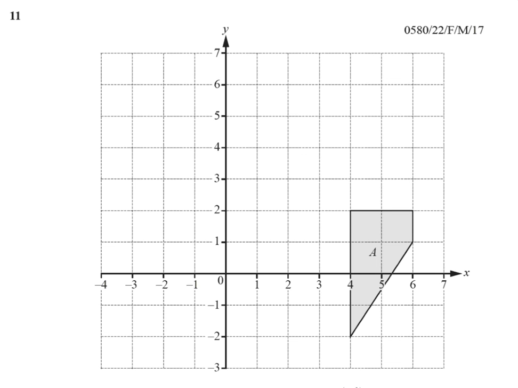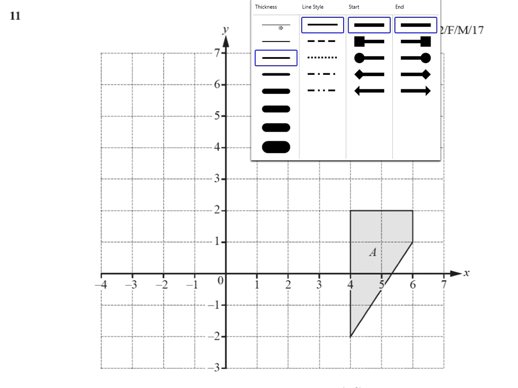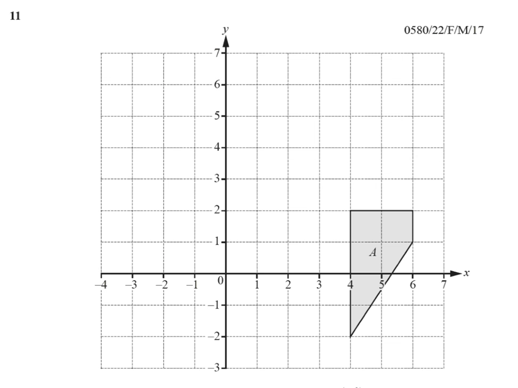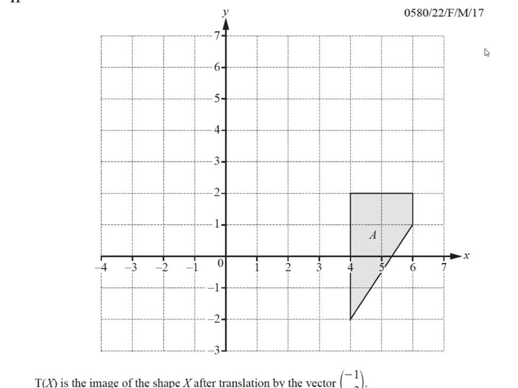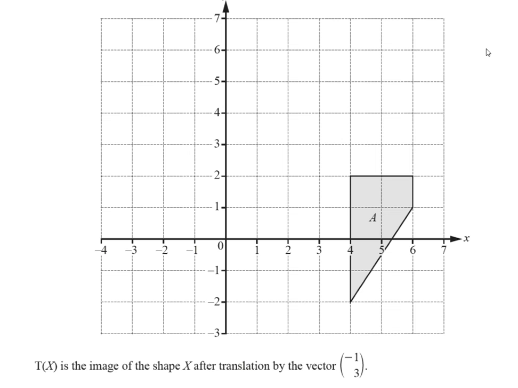Okay, here we have question number 11 from February-March 2017, paper 2, variant 2. Question again about transformations. And in this question, we've got a trapezium shape, and it's called A,